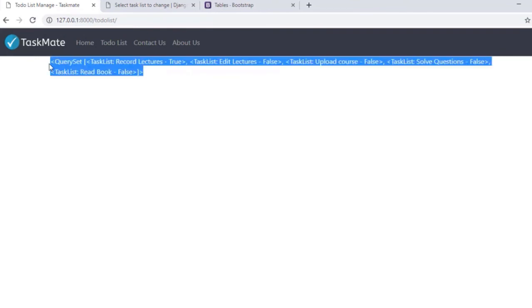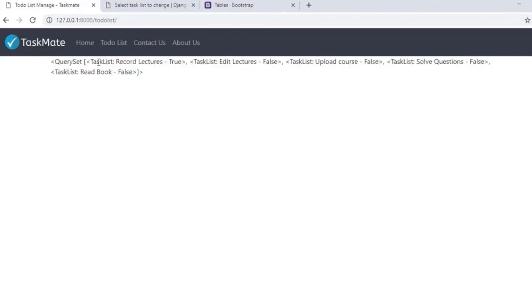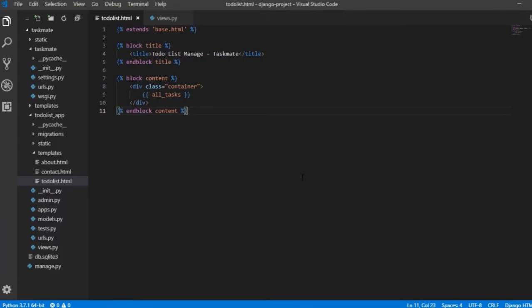The next thing I want to do is loop inside the query set. That is, I want to loop inside all these objects and fetch them one by one. So I would fetch object number 1 and get details of it, then fetch object number 2 and get details of it. That means I need to go inside a loop. We'll be doing that in the next lecture.